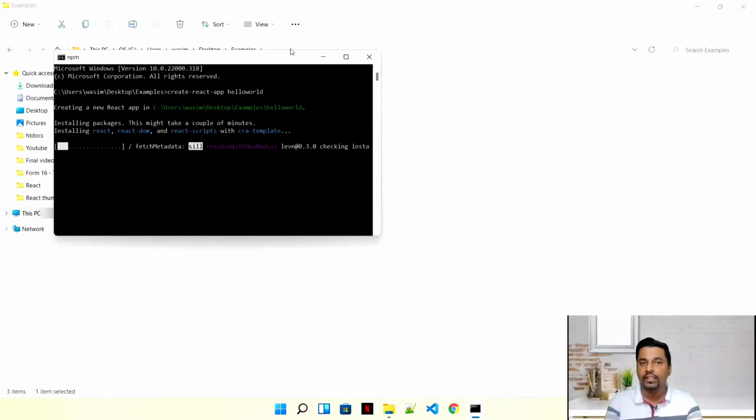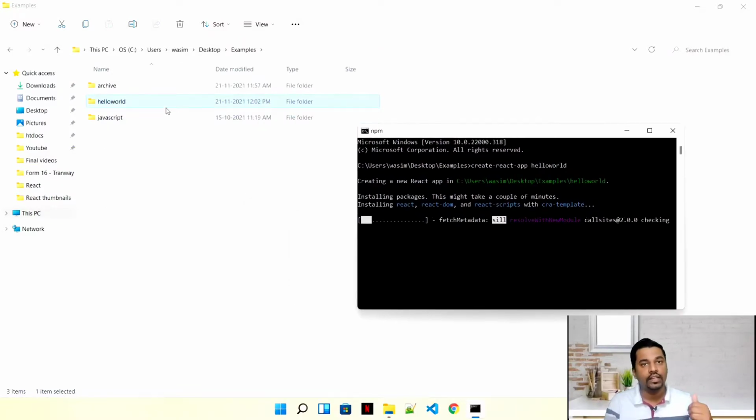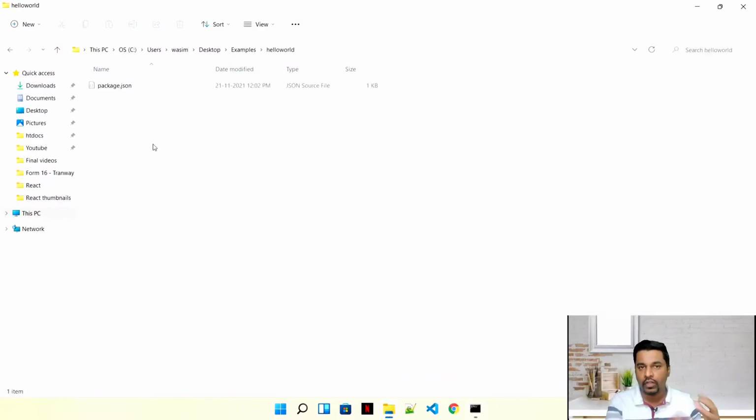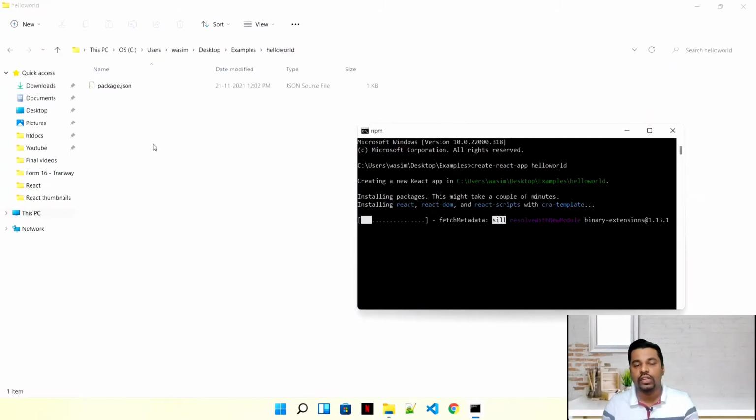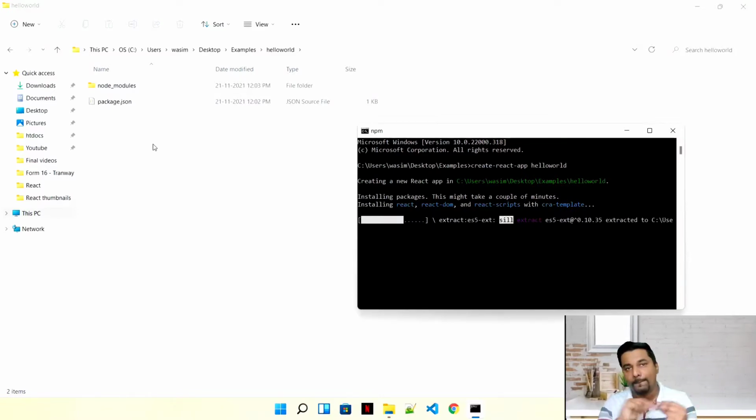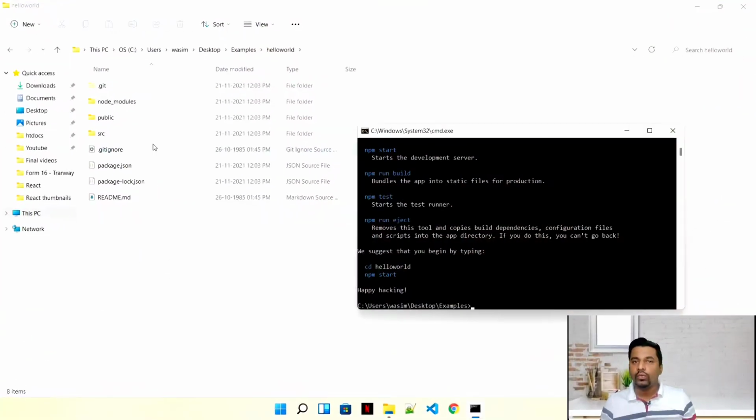So we created a hello world example, and if you see here on the screen, it is creating a hello world folder there. If you open it, it has a package.json, and because of that package.json, it is installing all these packages here. See, a node_modules folder is created and it is installing it. So without wasting any time, I'll switch directly to where it is completely installed. And voila, yes, we have installed all the packages and everything is done.